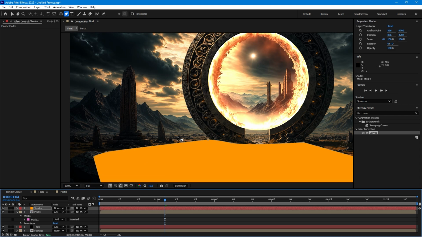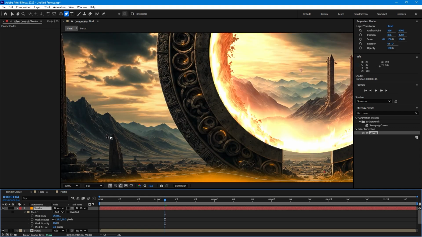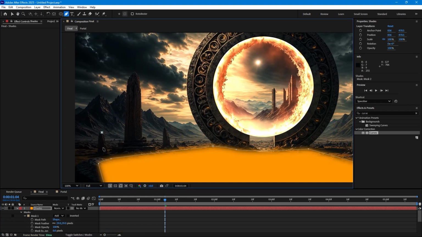Turn on, zoom in, press MM to make a little bit of feather and select again, make one shade right there, make one shade